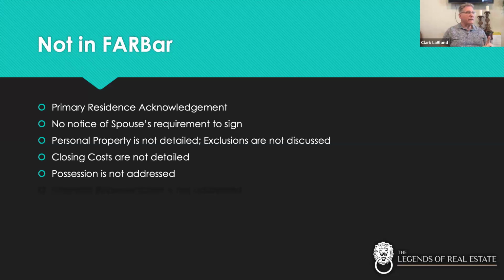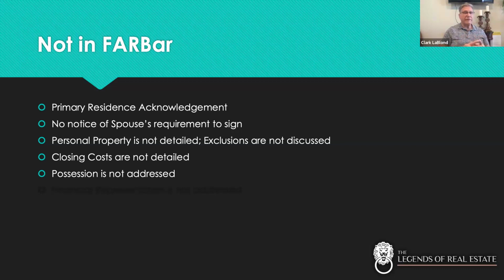And just a point of clarification: while there is a pre and a post addendum for the purchase and sale agreement, neither of those addenda precludes the necessity to have an attorney draw up an actual agreement. The addenda for FARBar, and remember there was no addendum for NEFAR, don't address all of the different pieces, like who's responsible for what, when do you get out. And remember, timelines on FARBar go to